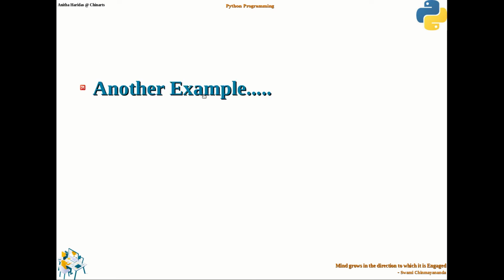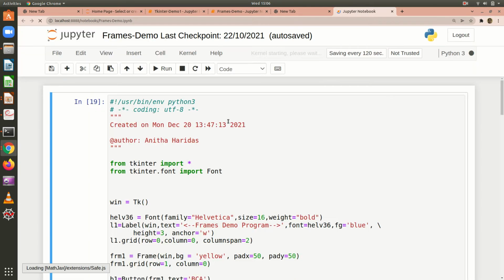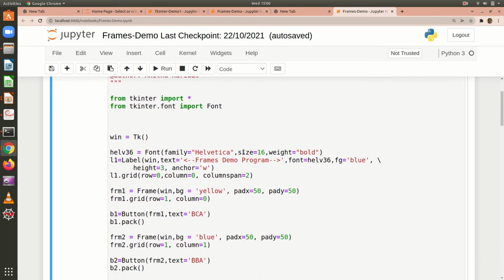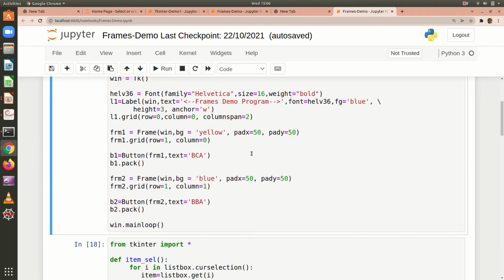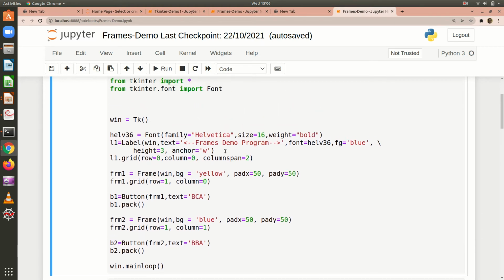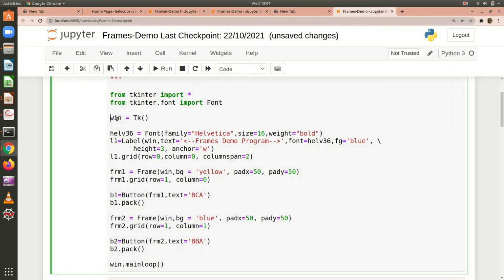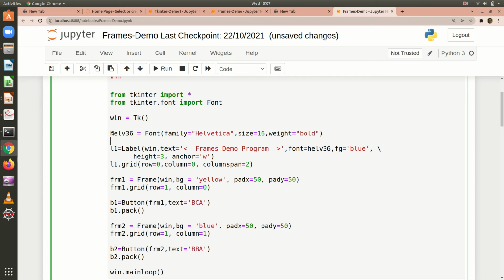Let us see another example, or I should say the enhanced version of this particular frames example. This is another program. You can see here I create a window object, and I am creating the font, right? I create a font here and I am creating the label.